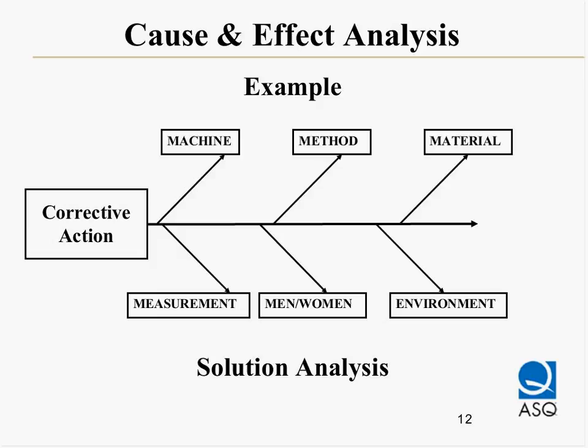And so we'll put the potential corrective action in the corrective action box, and the process improvement team will discuss whether or not there are any negative side effects associated with the 5 M's and the E: machine, method, material, measurement, men and women, and environment. Simple example,